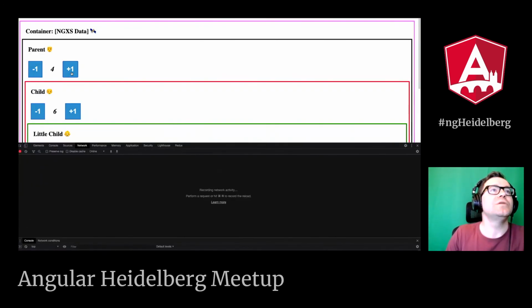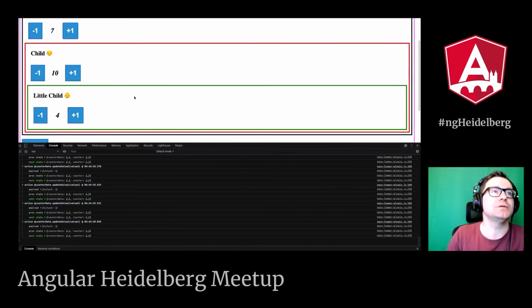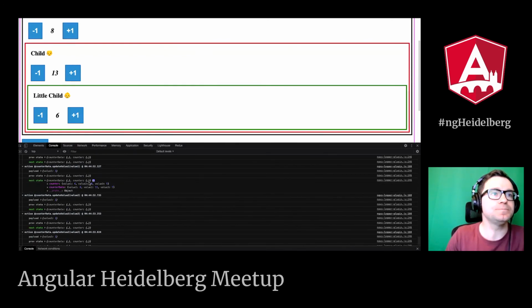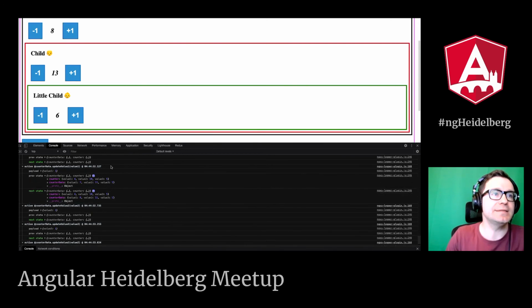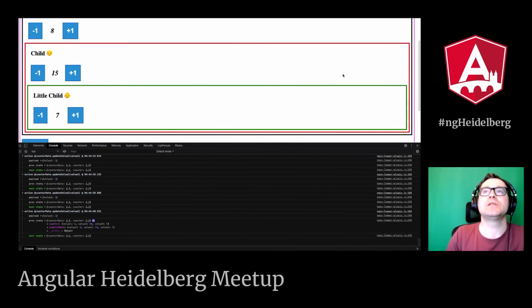So if I change something here, let's open the console, and as you can see, the logger plugin will log everything in the console. It's a nice feature to have when you want to debug anything. You can see the state, you can see what action was triggered and what the particular change was. But if it's not enough for you,